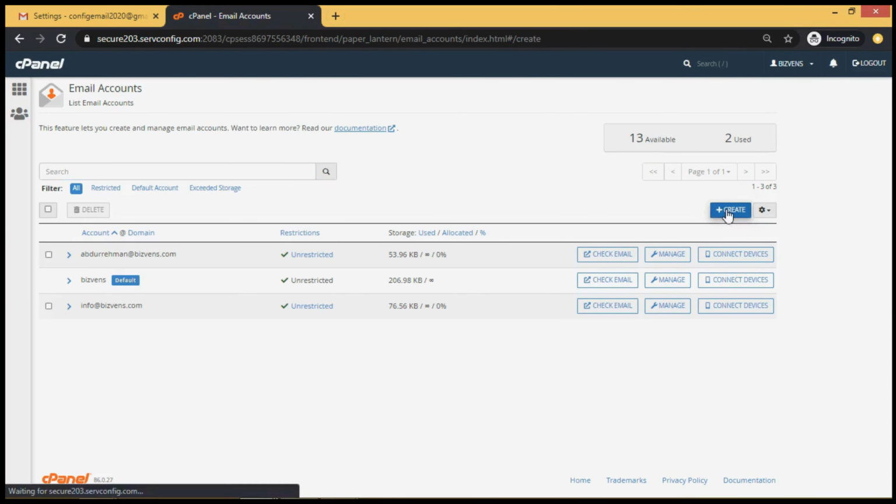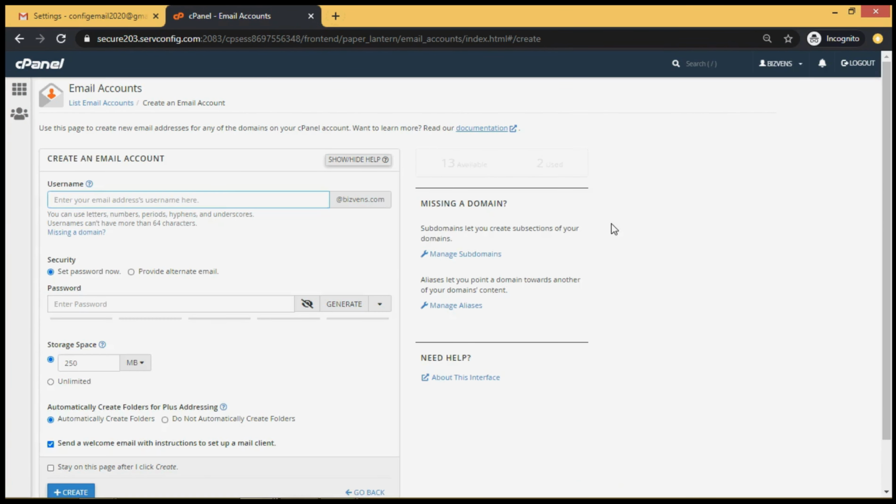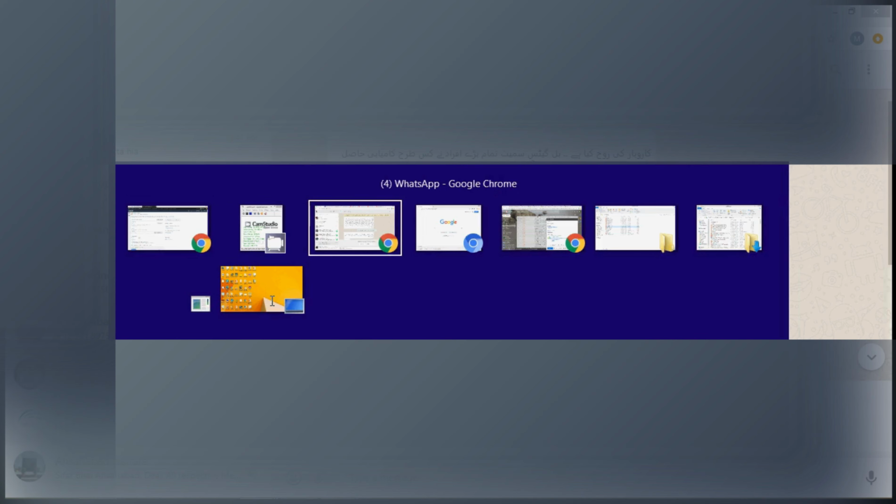So you click on create, you enter your email address. Say, for instance, we would make it test for now. That's your username, test@bizvents.com. Here you can enter your own password, or you can